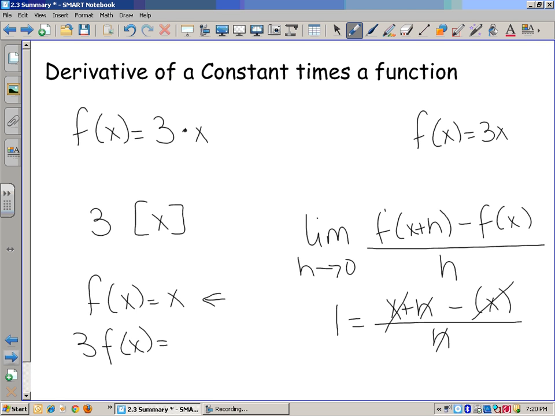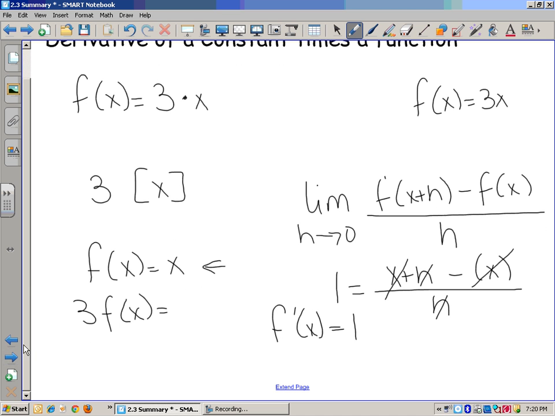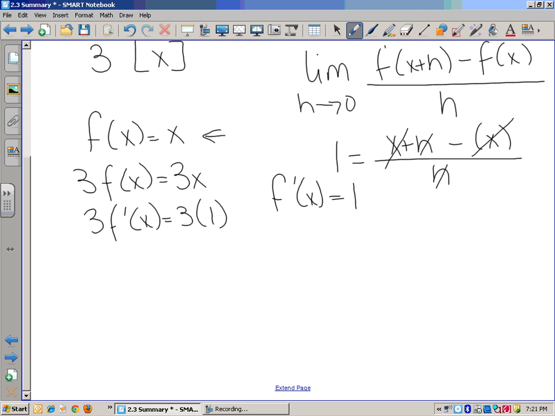That's the limit. I'm talking about the limit as the function of the function is equal to 1. Okay. Well, if 3f of x is really like saying 3x, then I should be able to say, if what I'm telling you is true, I should be able to get this, and I should get 3. So let's do it the long way and say, okay,